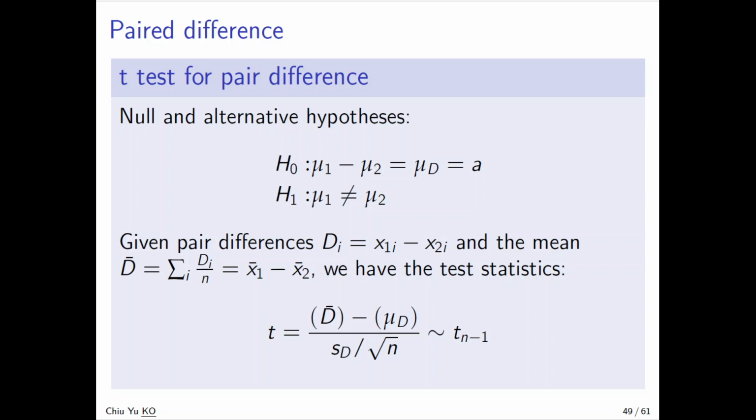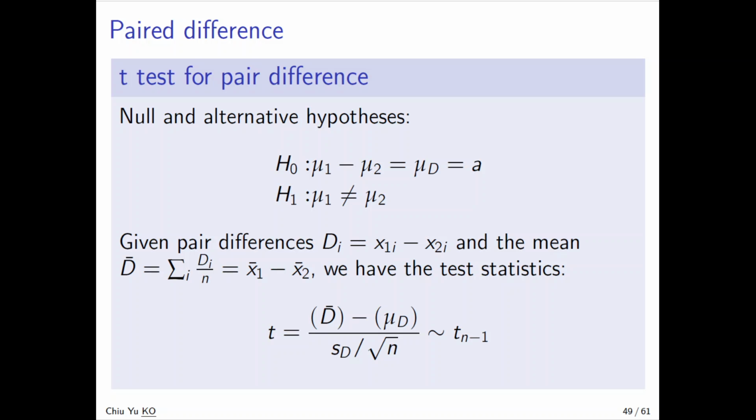Very often this is an experiment. Sometimes we have an observation before the experiment and an observation after the experiment, so these two are well connected. In medicine, for example, we look at what you have before taking the medicine and after taking the medicine. Or cosmetics or any other drugs or treatment, after treatment and before treatment. So we want to see whether the treatment is useful, that is, whether the difference is positive, negative, or equal